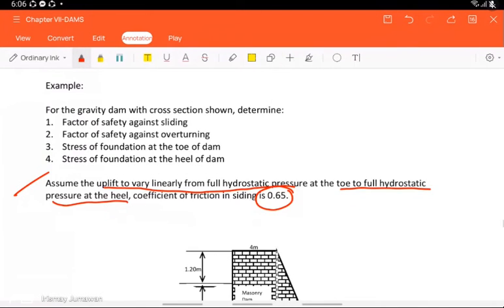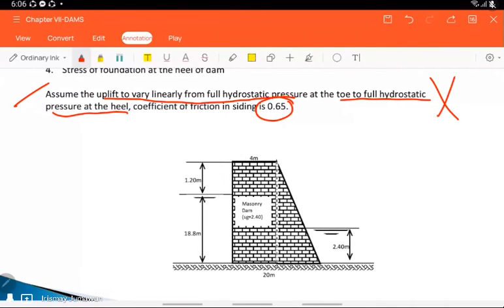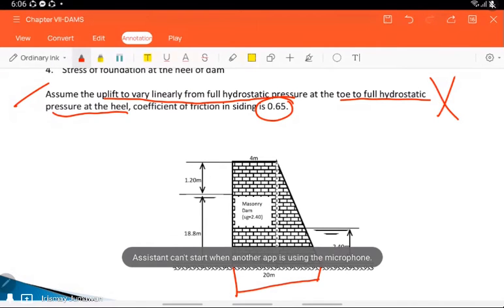So we have here this one. See, there is a tailwater at the downstream side. So even without the statement, the soil pressure, the uplift pressure, still have full